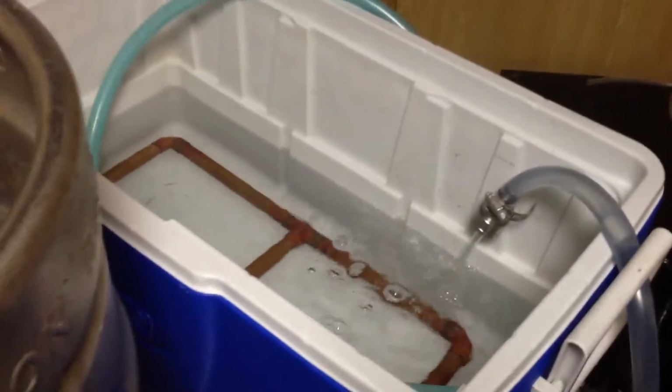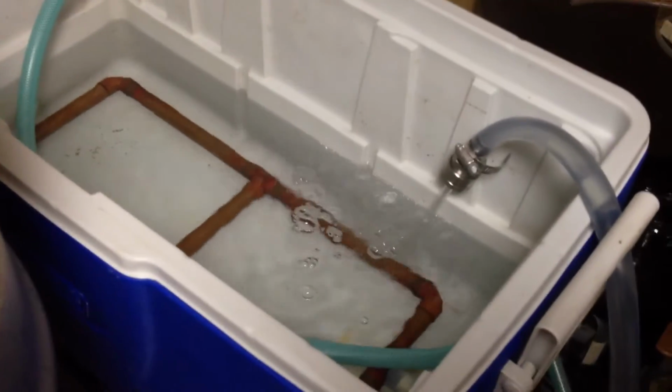Okay guys, just filling my strike water into my mash tun at the moment. I use a ruler to get my volumes. I've just calculated what that is on the length of the ruler, as I don't want to put a sight glass into my